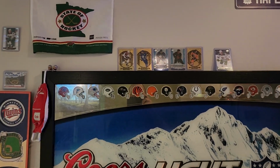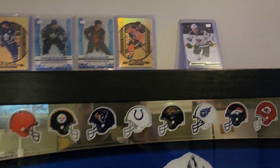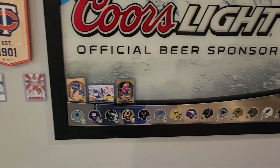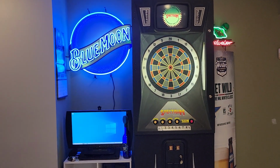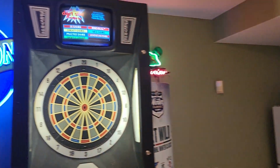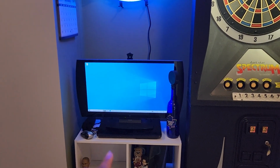So yeah, got some hockey cards up here from Tim Hortons and some phenoms and stuff like that. Some Kaprizov, and then I got some Patty Mahomes, Josh Allen, some football stuff here. And then lastly, again, because me and my family overdo things all the time, this is supposed to be like the bar area, and here, my daughter's not a big sports fan, so over